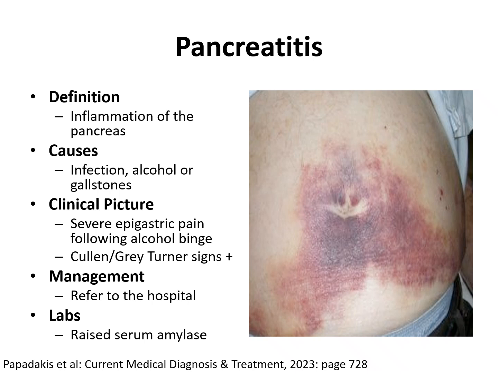Very rarely would you have these 2 signs, Cullen's and Grey-Turner signs. Both of these are going to present as bluish discoloration. Cullen sign is going to cause discoloration around the umbilicus. Grey-Turner sign is going to cause discoloration in the flanks, and both of them are associated with a severe form of acute pancreatitis called hemorrhagic pancreatitis, where the